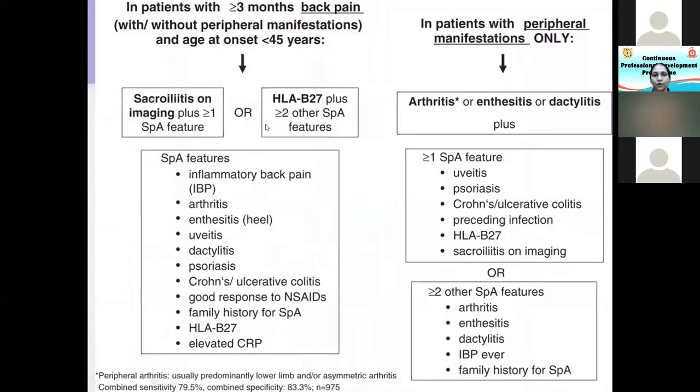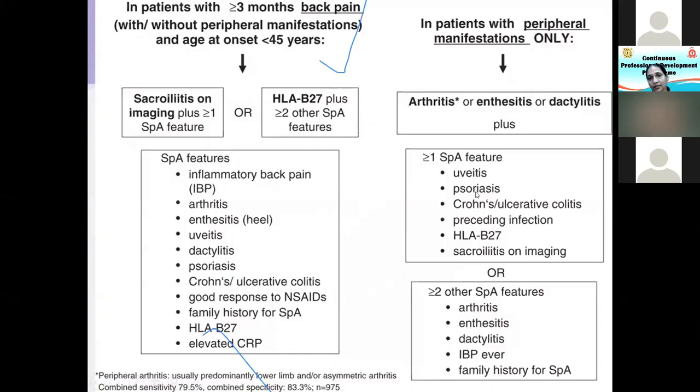So in order to differentiate and classify these patients, those who are presenting with inflammatory back pain at less than 45 years of age, if you have sacroiliitis on imaging plus one or more of these spondyloarthritic features, either the inflammatory back pain, arthritis, enthesitis, uveitis, dactylitis, psoriasis, inflammatory bowel disease, a good response to nonsteroidals, family history, HLA-B27, and elevated CRP. Or if you have HLA-B27 plus two or more of the SpA features, then you can diagnose